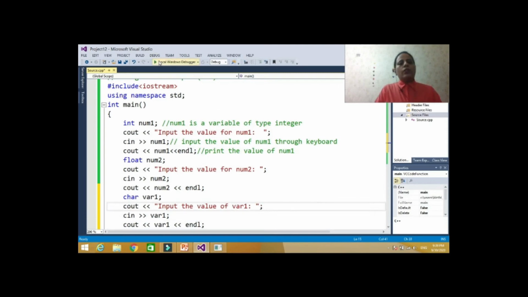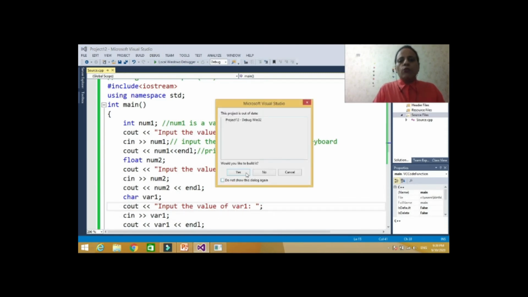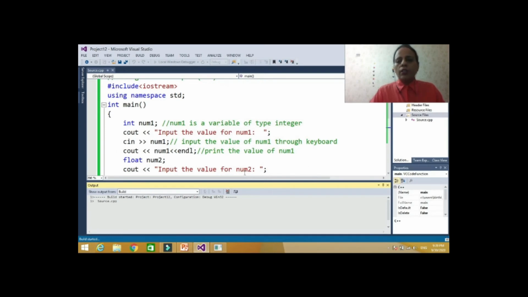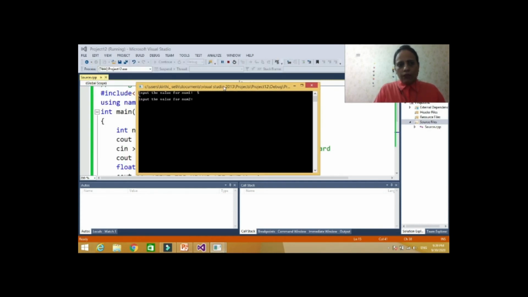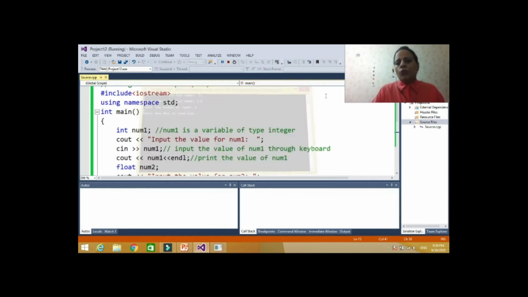Now let's run it. First we have to input an integer, num1 is an integer, then num2 is a float, and then var1 is a character. So let's say 5, then 2.5 and then k. So this is how we can take input from the user.